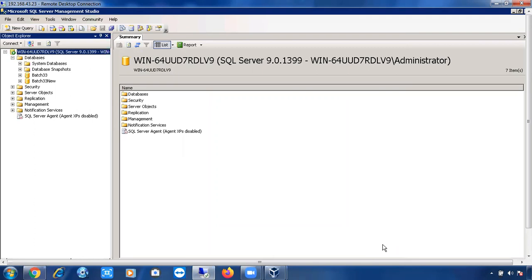At the end, I will tell you what the post installation steps are. We change the service account, or people install with a customized service account. Sometimes they install with the default service account and later change it to a customized one. They also change the authentication mode. Usually people install with Windows authentication and later change it to SQL Server authentication, or some people install with SQL Server authentication the first time.